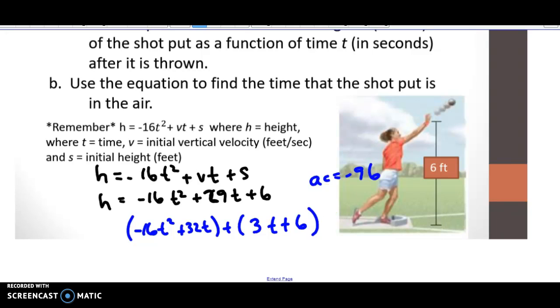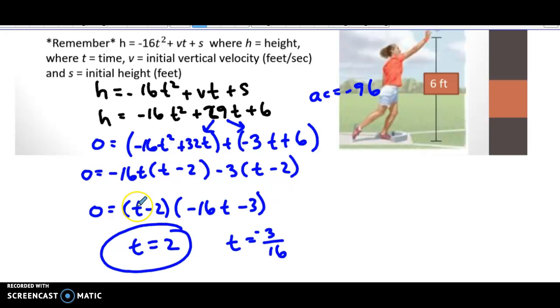So I'm going to use my AC method. AC is -96, and I'm going to break 29t into 32t and a -3t. And as I finish factoring by grouping, I set each of my factors equal to 0 and t